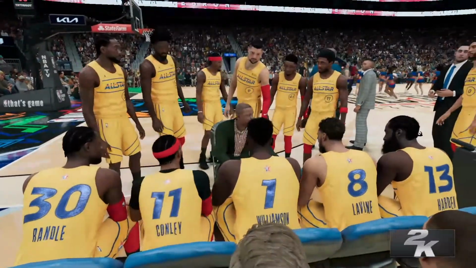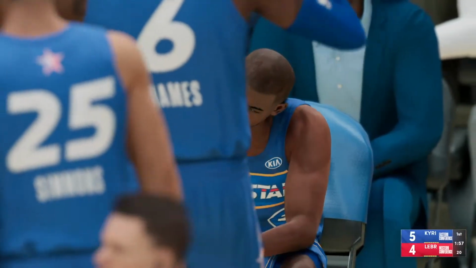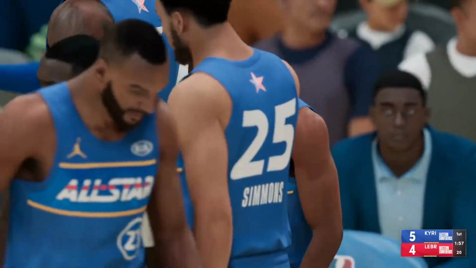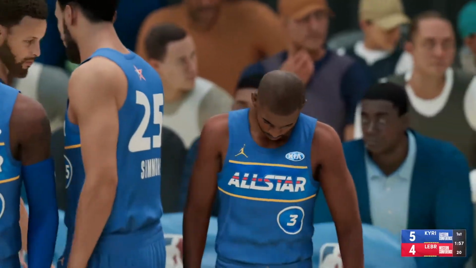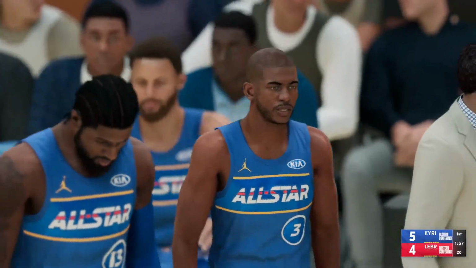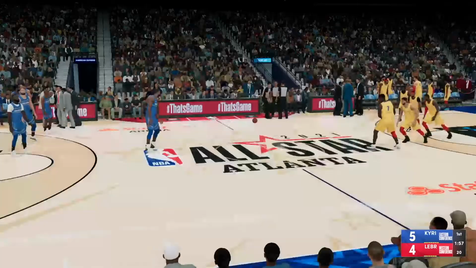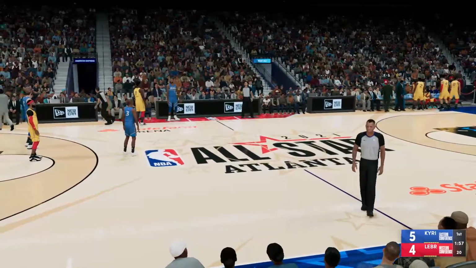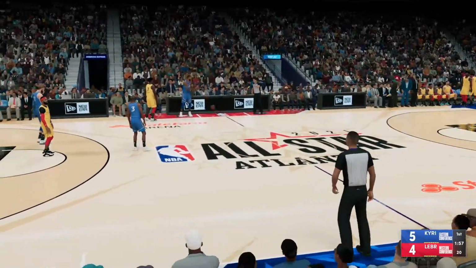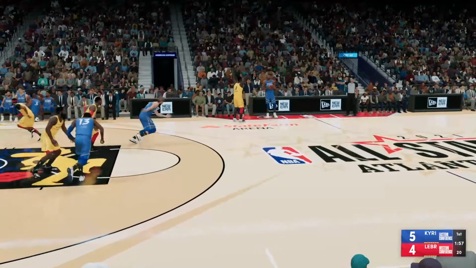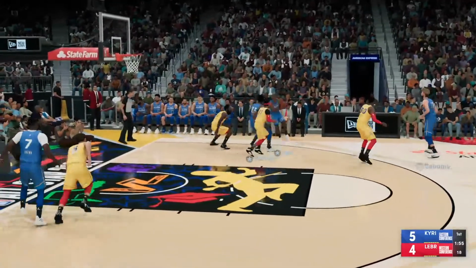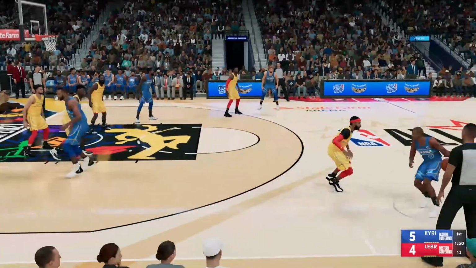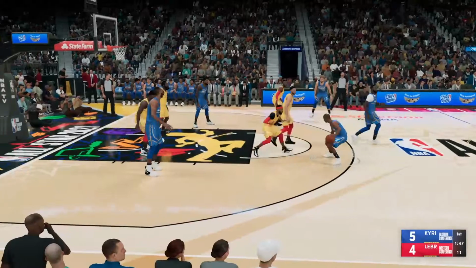So the West ends up going with the new group. And the East All-Stars with some changes. George dishes the ball. .149 left here in the opening quarter.